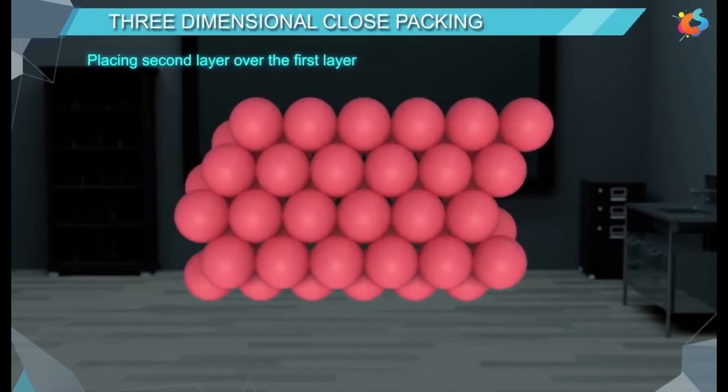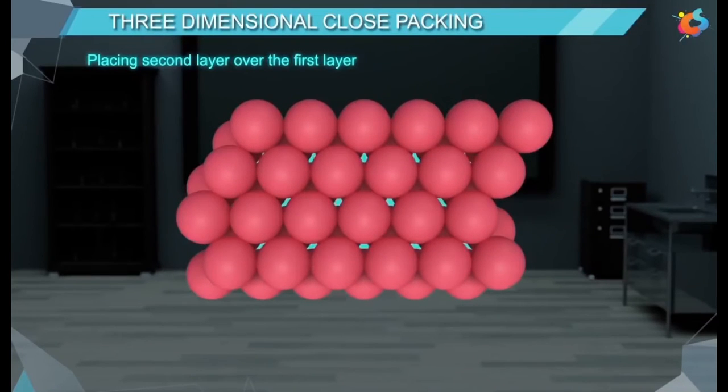On observing, we will notice that not all the triangular voids of the first layer are covered by the spheres of the second layer. This gives rise to a different arrangement and different voids.